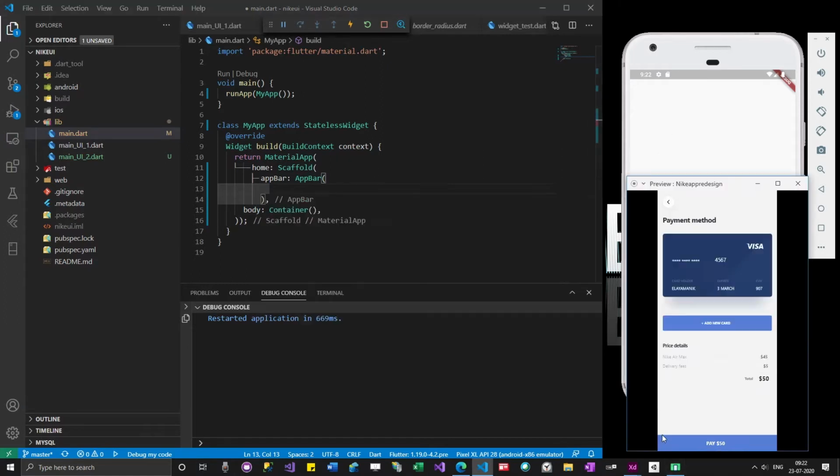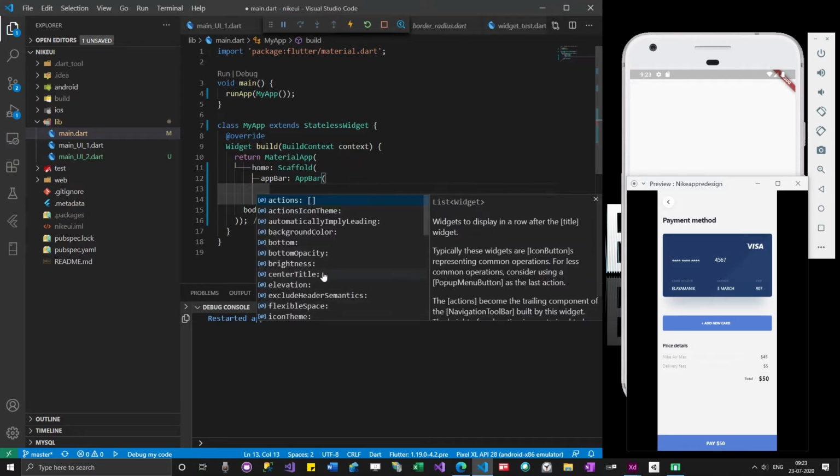So there is an icon, right? Which property will have this, like how can I add this icon? What property should I be using here? Yeah, leading.